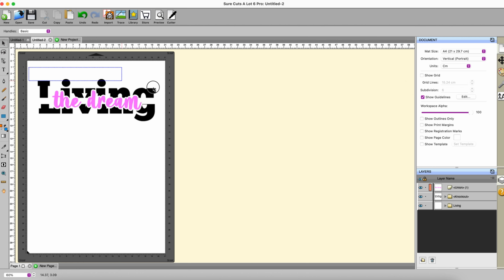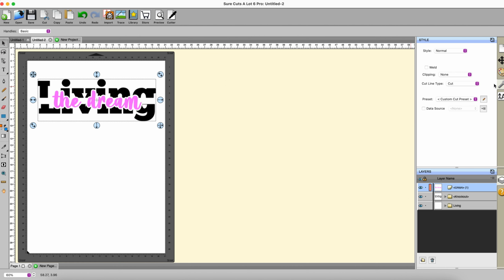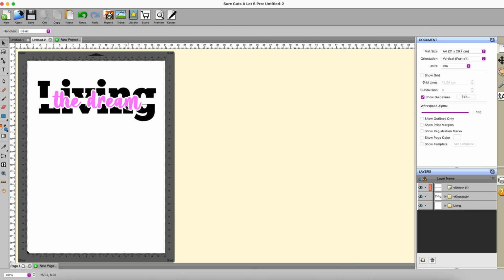We can now group this if we want to, and then you could print it or whatever you're going to do to it. Just make sure over here that you have print selected rather than anything else if that's all you're going to do. Okay, so I don't actually want to do that. What I want to do is to make it into a vinyl design with 2 different color layers. In order to do that and to be able to line it up properly, it's handy if you've got some